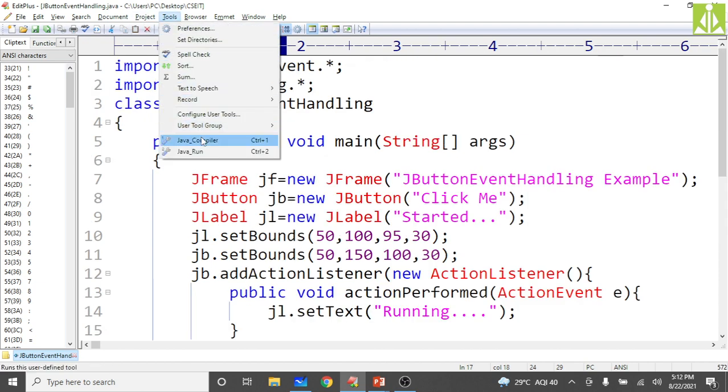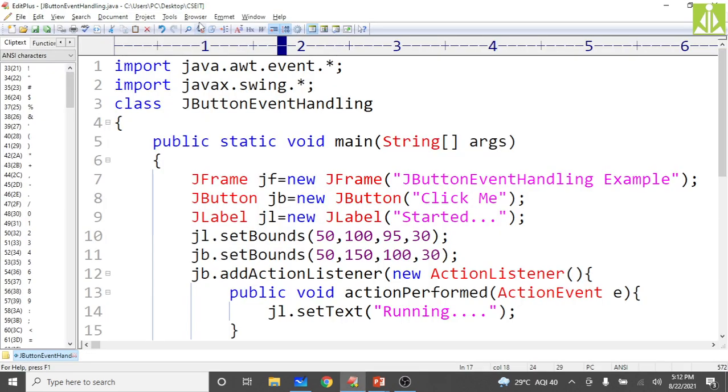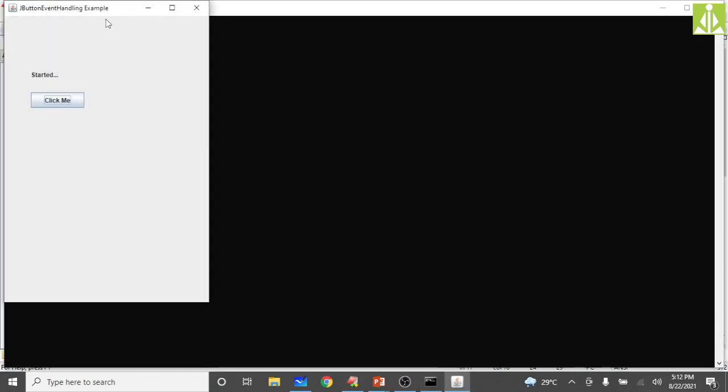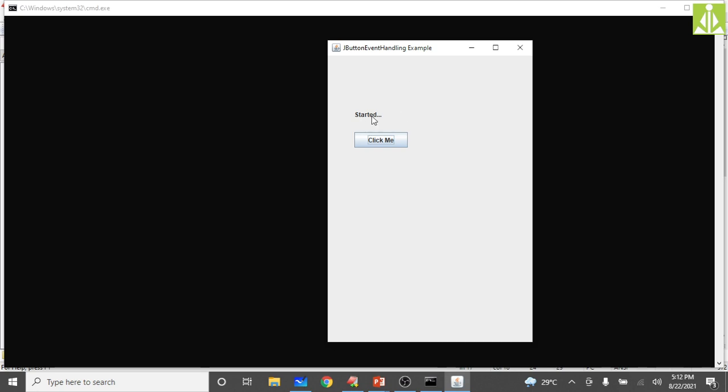Now go compile, maybe issues, no issues. Now you run it. See, initially what you are getting, you are getting started. We are now not getting the text box because we are doing this with the help of a label. So we are getting a normal message like started. Then if you click on this, it will show a different message. When you are clicking, it is saying running. Now it is running. Started, then running. After clicking the click me button, the label got changed.